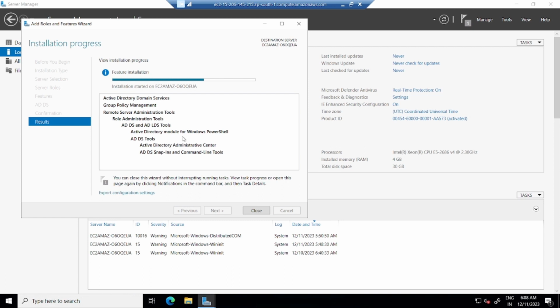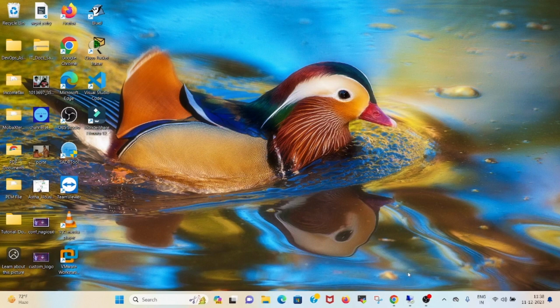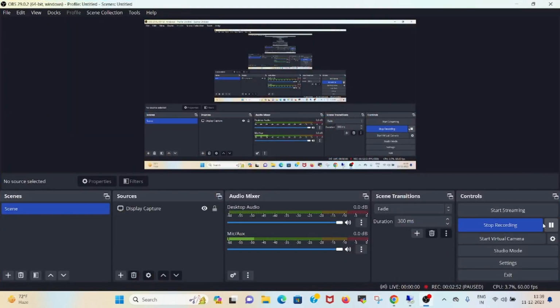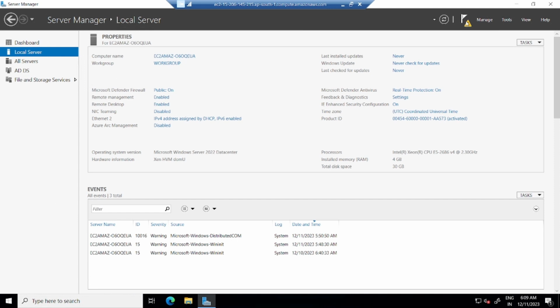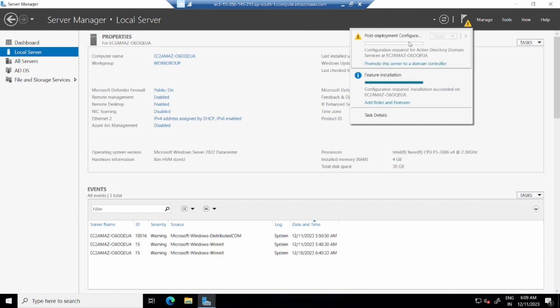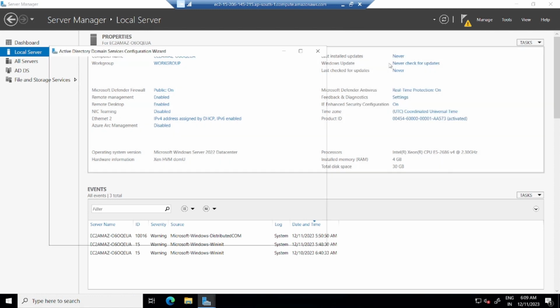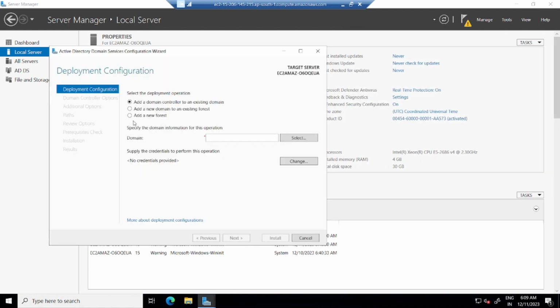I am pausing the video here until the feature installation gets completed. Okay, so the feature installation is completed. I will click on close. I will go to the flag option, post-deployment configuration, and I will select Promote this server to a domain controller. And I will add this server to a new forest,